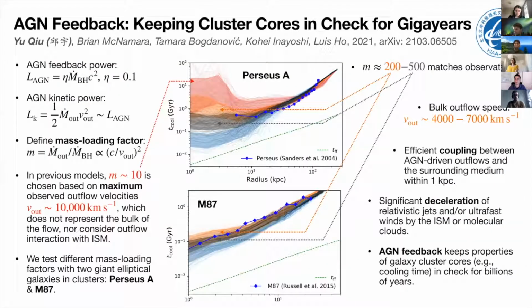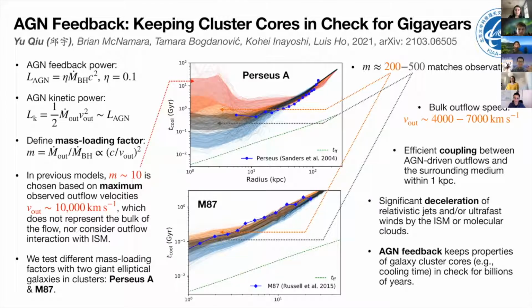Hi, so I mainly do simulation work of AGN feedback in galaxy clusters, and since Julie and Benjamin talked about the filaments in clusters, I want to point to my work last year about how they form. And if you're interested, you can also check out this paper. So back to the poster.